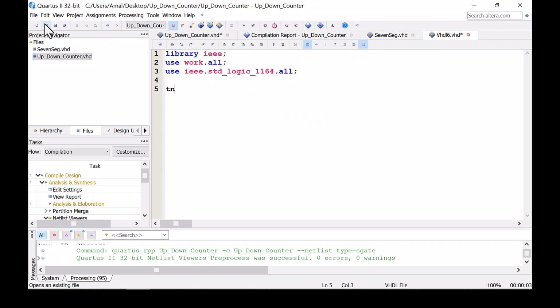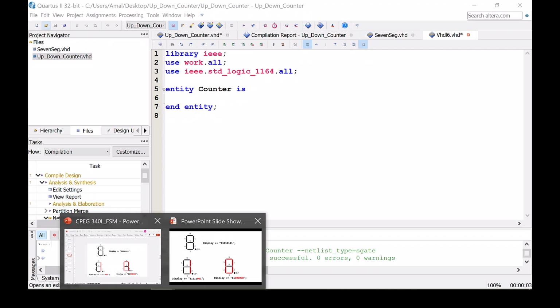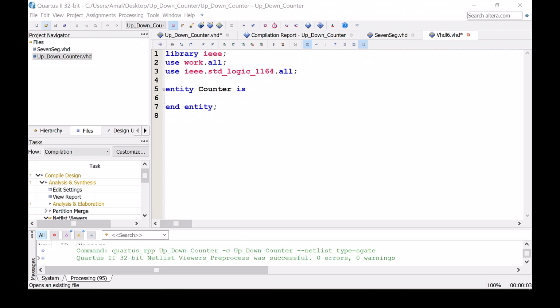And then this entity is going to be my top level entity. I will call it counter. This counter entity or component is going to wrap or enclose in it two components, as we mentioned earlier,